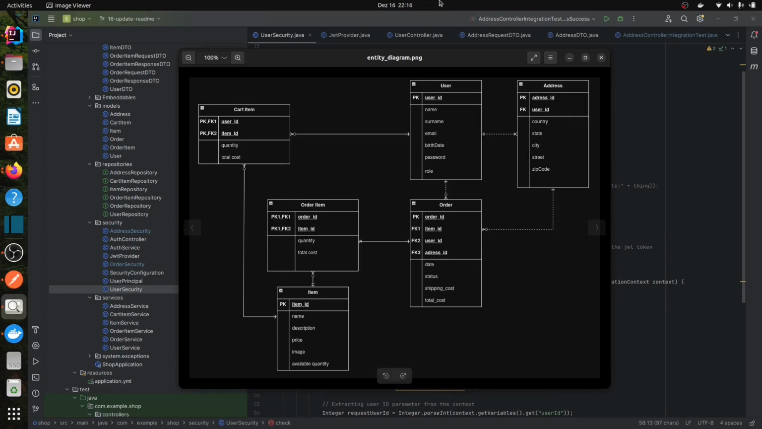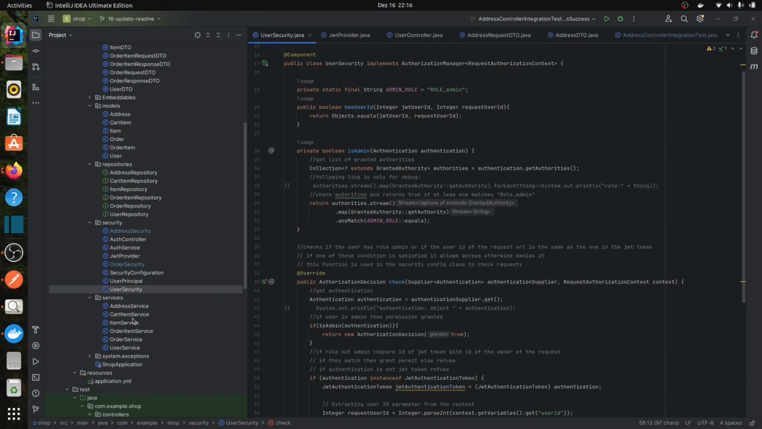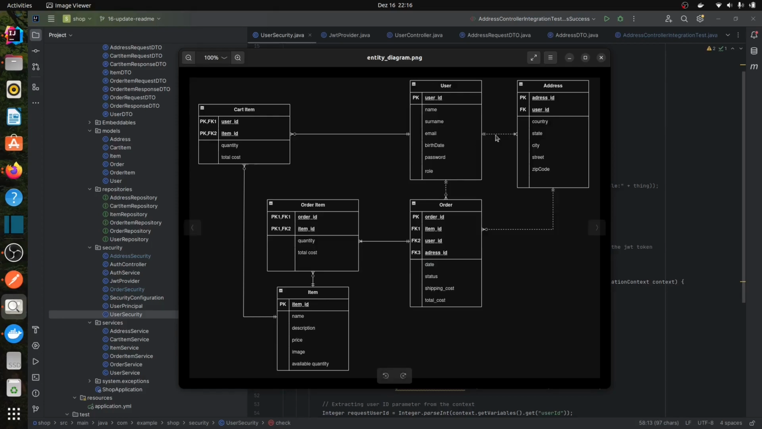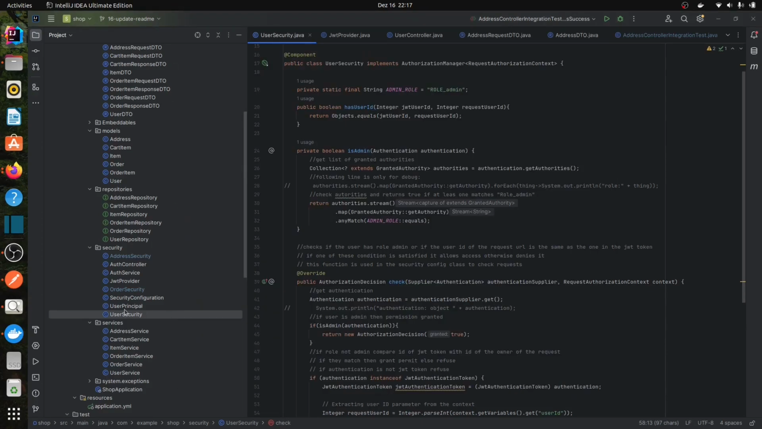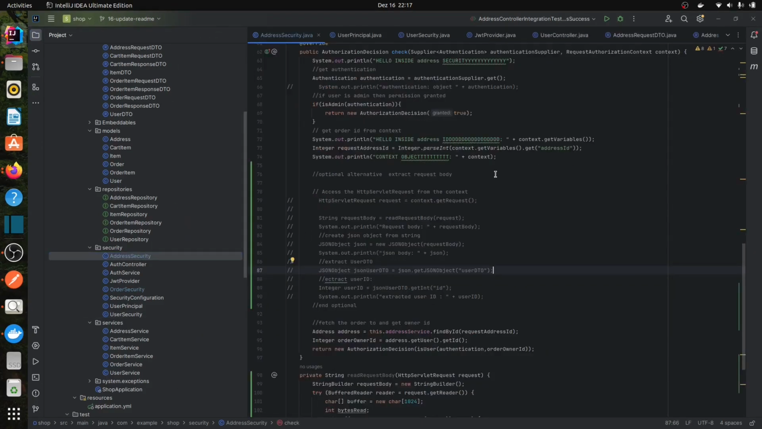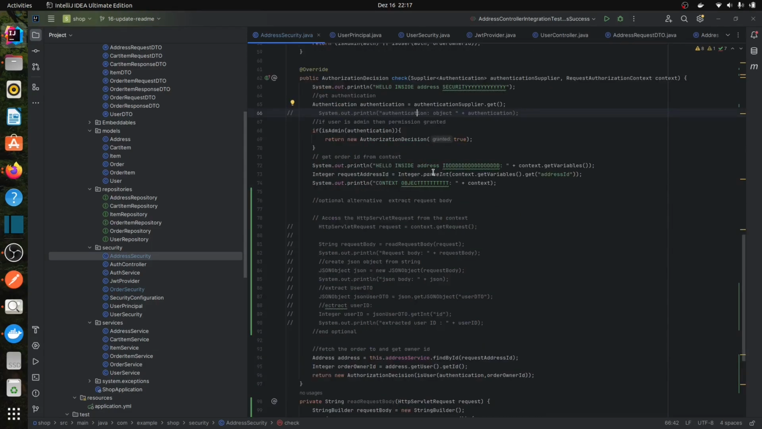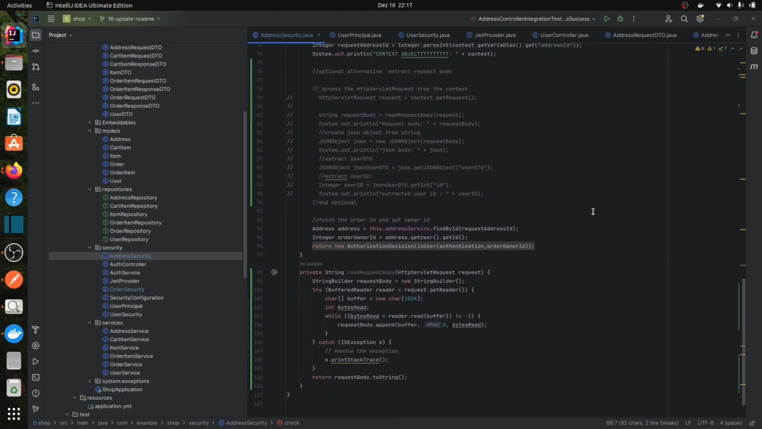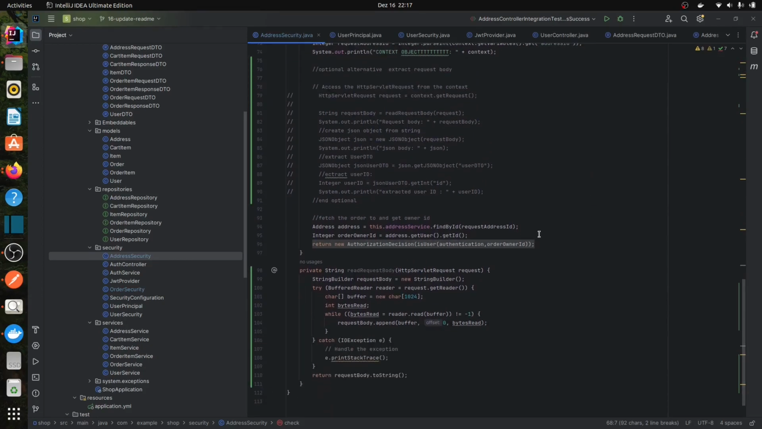So what I do in address is quite simple. I use the address to get the user ID, because if you see, the address contains the user ID as foreign key. So in address security, what I do is still check if the logged in user is an admin, because if it's an admin, there is no point on doing further research if it's the owner or not. If it's not an admin,